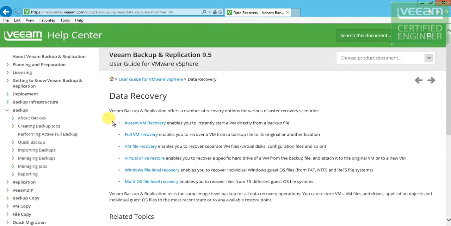So these options are, just to be sure, in addition to what we discussed, the replica. The replicas are very different than instant recovery or full VM recovery or VM file recovery, and a virtual drive restore or Windows level file recovery or multi-OS file level recovery. Not every organization is going to have replicas available. If you have a medium or small business, and a pretty stable environment, and also the most important factor is